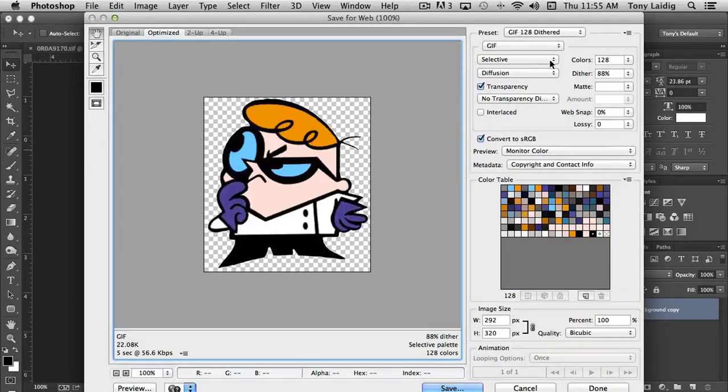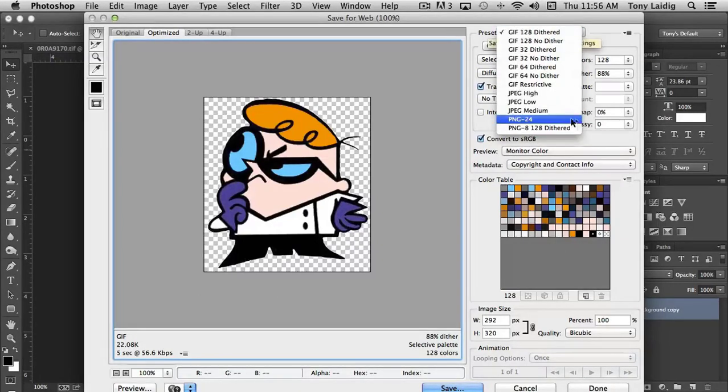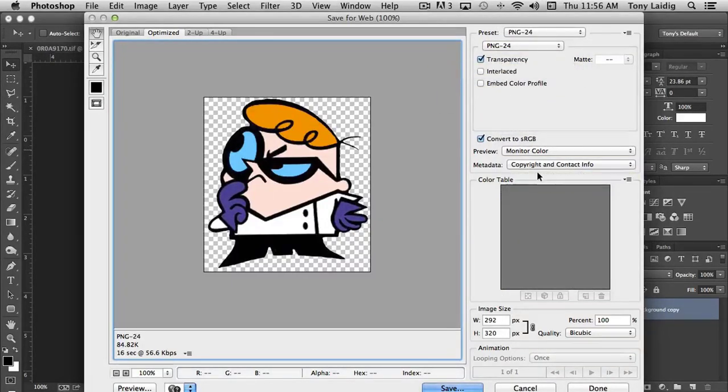Okay, so in this case, we're going to select PNG 24, and we want to maintain the transparency. There is no color table because it's saving it in the full 24-bit file format, which means we're getting all of the data that we need. And by the way, you'll notice down here in the left-hand corner, it actually tells you the final file size. So in the PNG 24 file format, the final file will be around